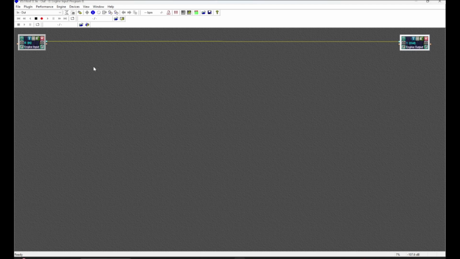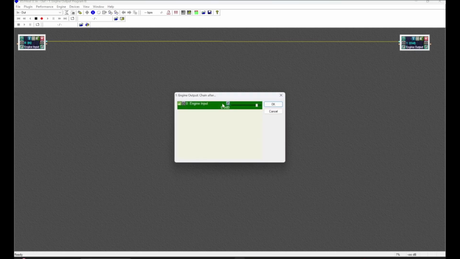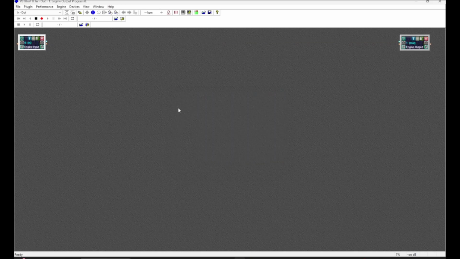The program that I'm using is called VST Host, along with 10 different plugins. So right now on the screen, you'll see an input and an output with a yellow line indicating the signal, the line signal that we're using. So I'm going to go ahead and cut that off so you'll understand what's going on. We're going to disconnect the line out from the line in, and then we're going to be slowly inserting each